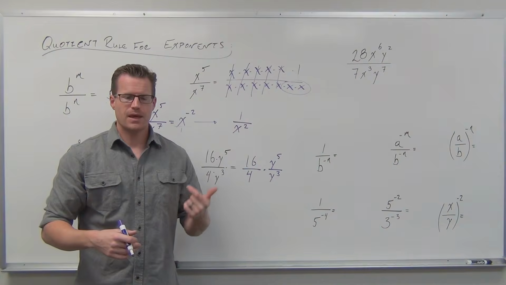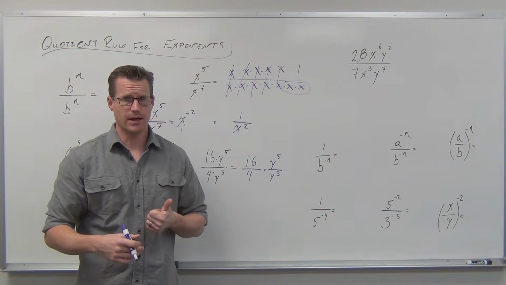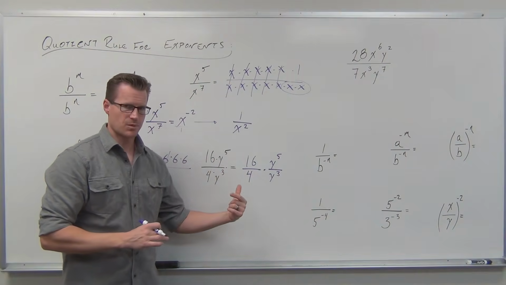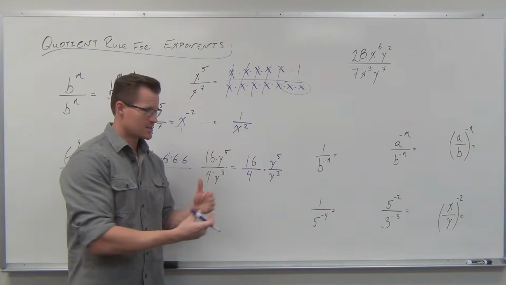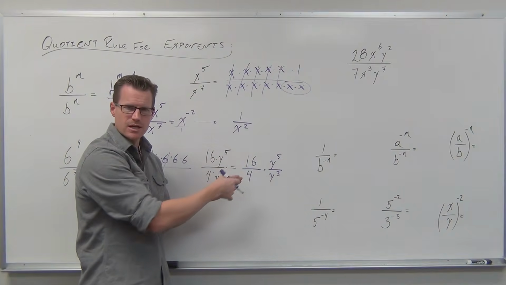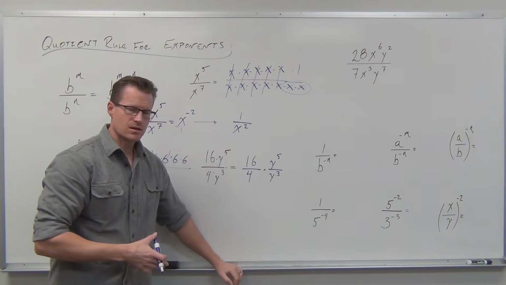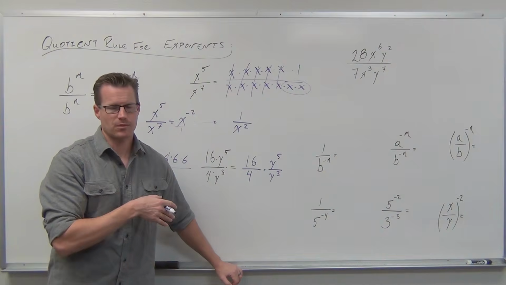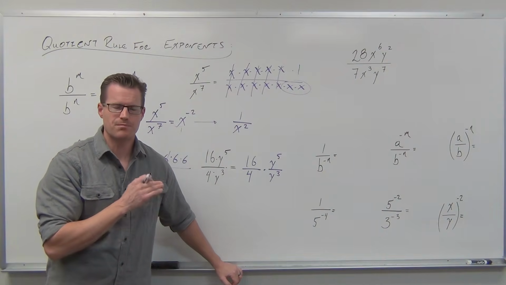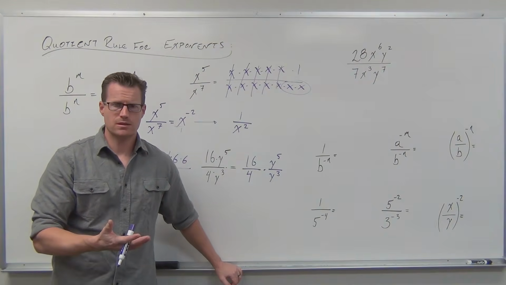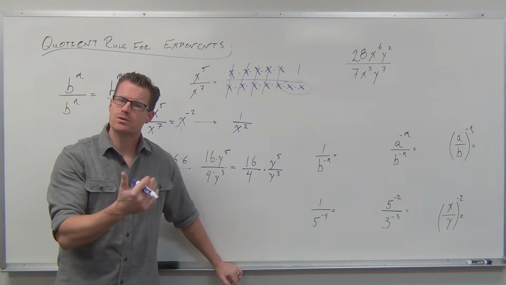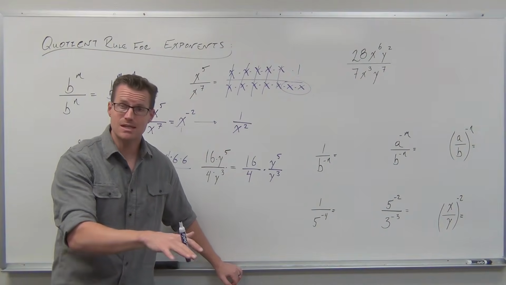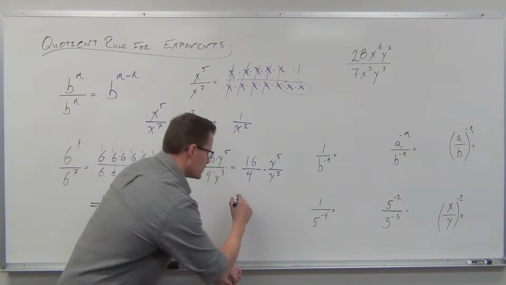The second thing, exponent rules only apply to exponents. That's all they ever apply to. So the reason why I'm separating this is for 2 reasons. First, it makes it easier to see the variables line up and the numbers line up. Secondly, when you look at 16 divided by 4, I don't want you to apply exponent rules to that problem. So when you do 16 divided by 4, I'm begging you, don't give me 12. Yes, you subtract exponents, but those don't apply to your coefficients. So when you do 16 divided by 4, you're literally doing 16 divided by 4. You're just going to give me 4